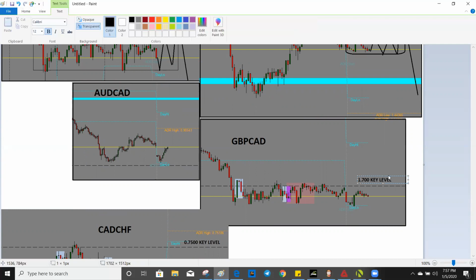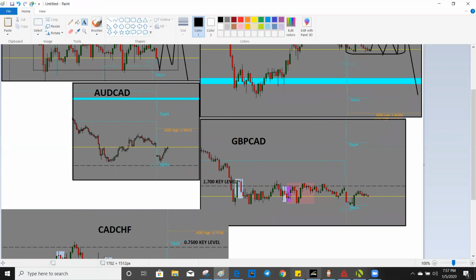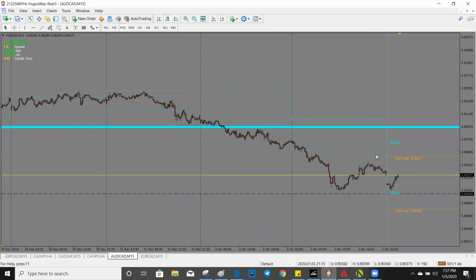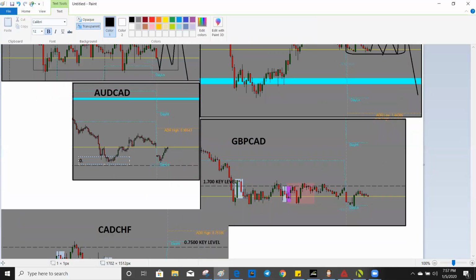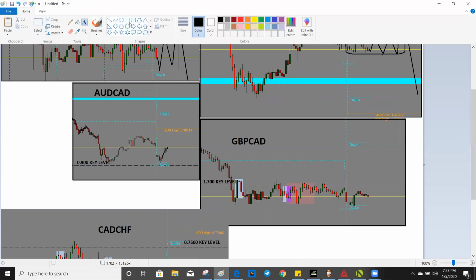Then we have Australian Canadian 0.900. And boom. So we see here, interesting enough, British pound Canadian is currently in a mass consolidation, just like USD